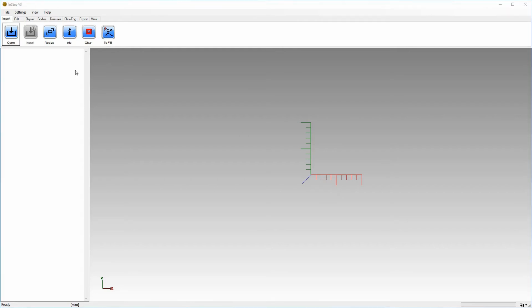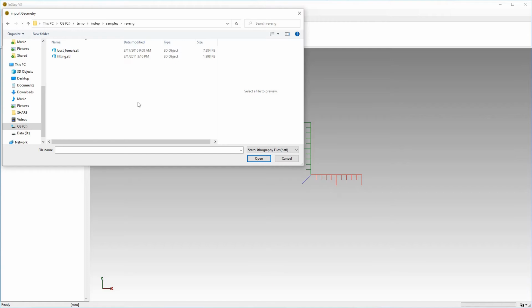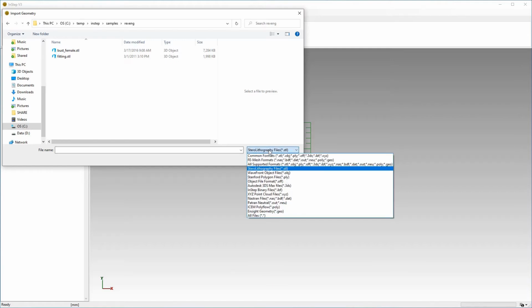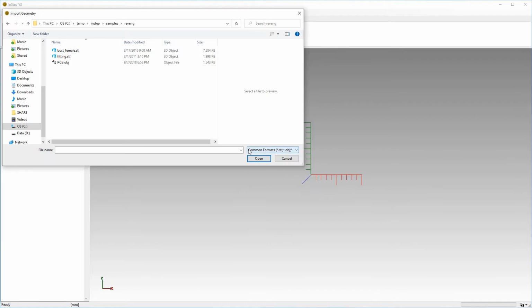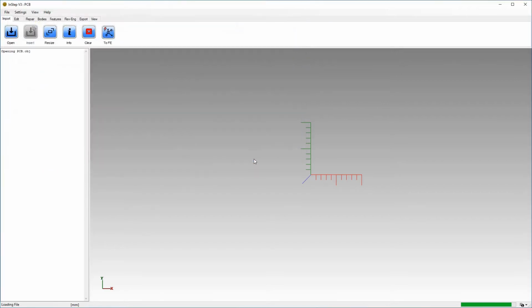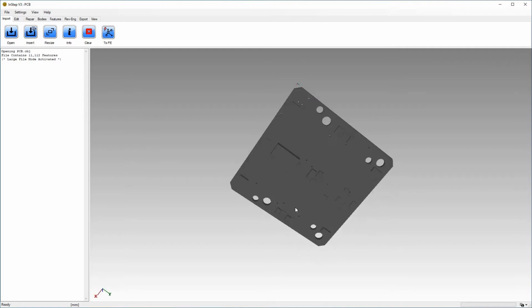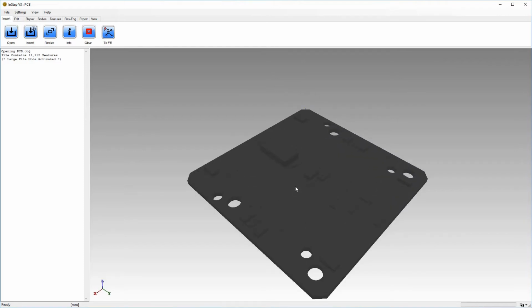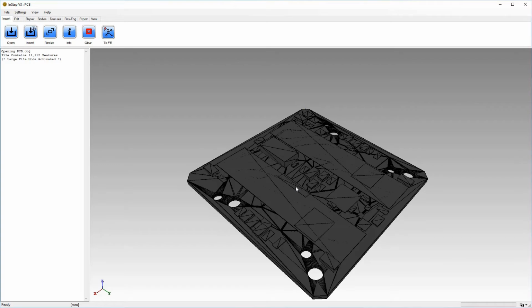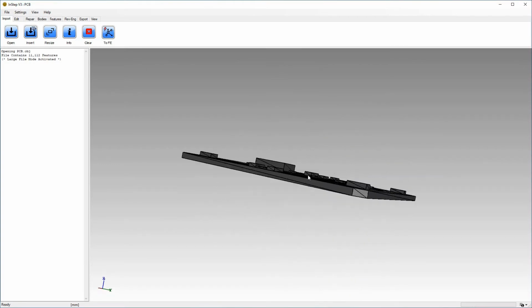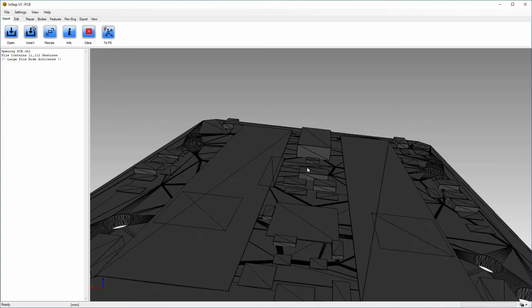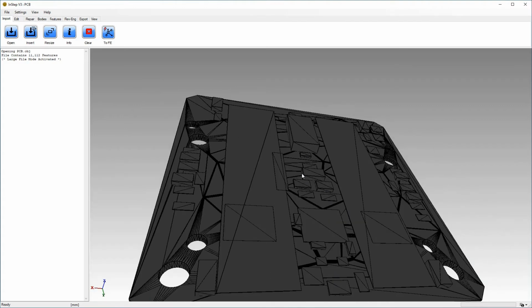We're going to go ahead and import it. Depending on what the file filters are set to, we may have to change that. In this case, I'm just going to switch to the common format, and I'll find my pcb.obj file here. After a few seconds, the file loads, and we can take a closer look at this by turning on the edges with Alt and E. We can see there's a number of components populated here. These are generally just placeholders based on the export from the design package that this was created in.